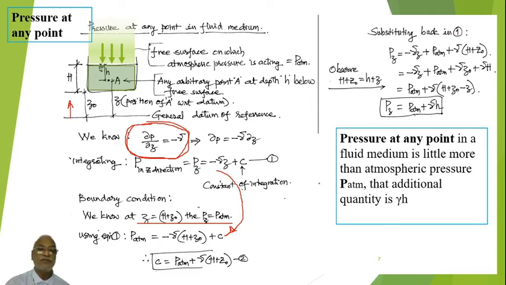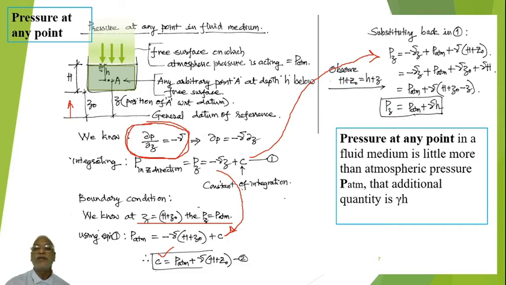Pz equal to minus gamma Z plus C, where C is equal to P atmospheric plus gamma into H plus Z naught. If you do a bit of mathematics and calculate,